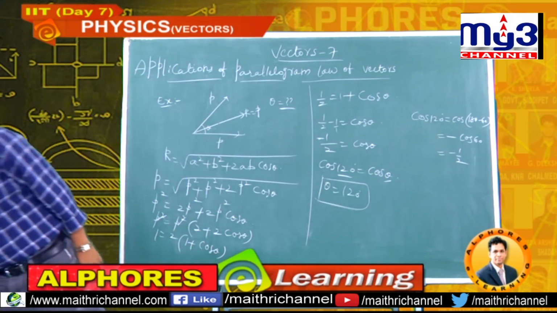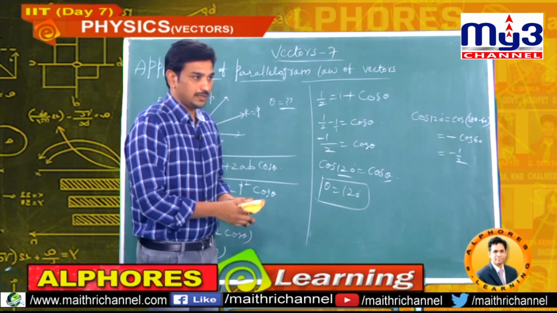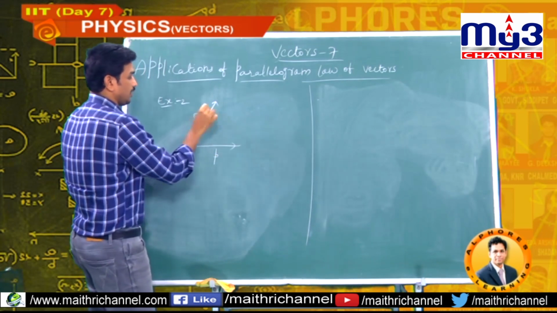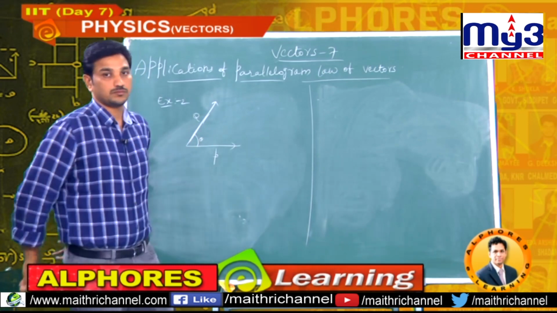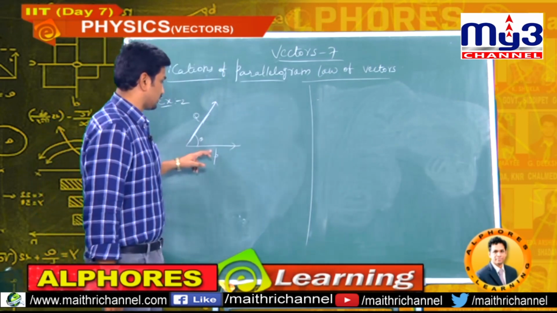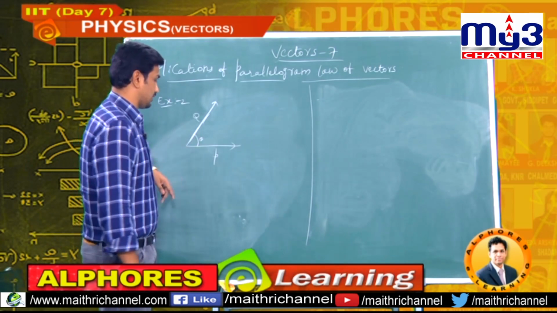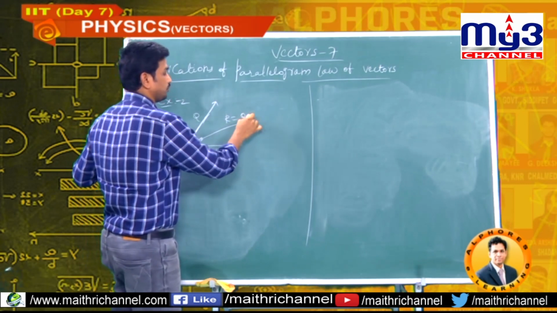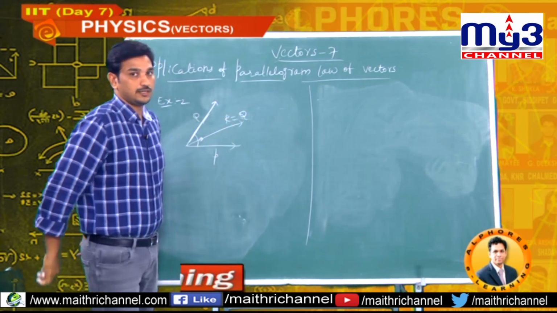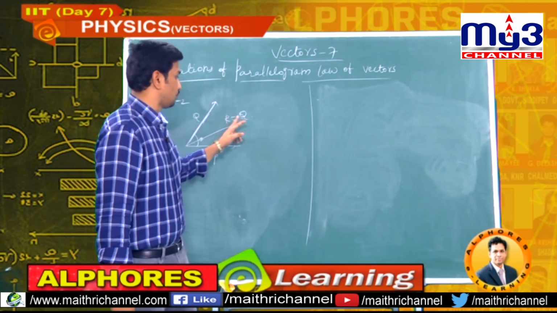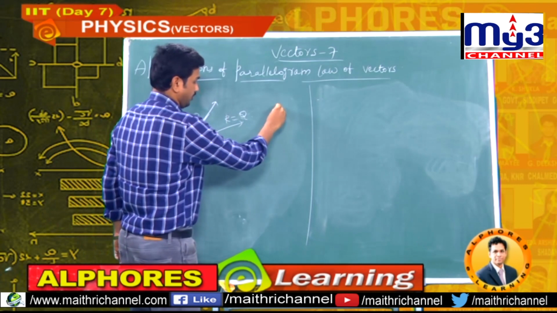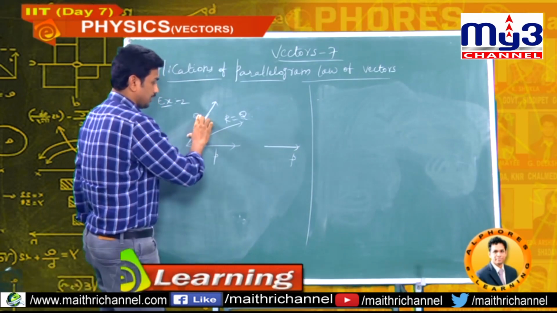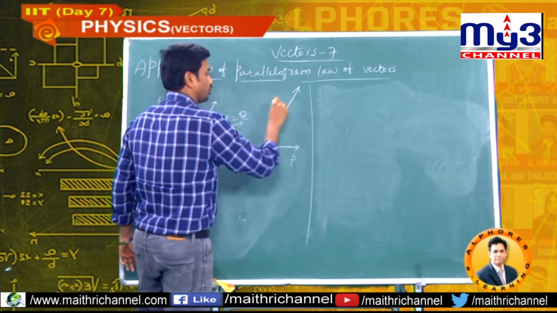So, one more example. I will go for one more example. P bar, Q bar, angle theta. Two vectors P bar and Q bar are two sides of a parallelogram, and theta is the angle between the vectors. Now the resultant is equal to Q. The magnitude of the resultant given in the question is Q. Now what I am going to change is this: P as it is, the same, but Q I am making double, 2Q.